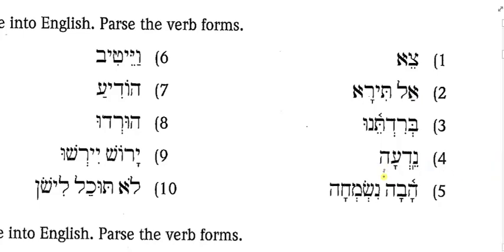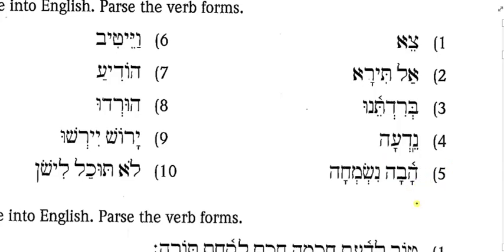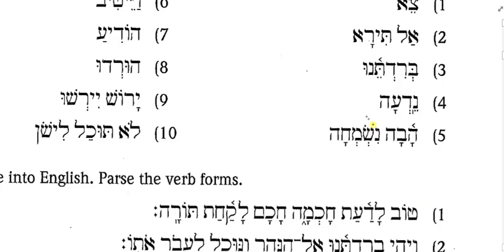Number 5, we have hava. Hava. So what verb is this? Yahav. So we have yod, hey, bet. Okay. Now, if I've got a verb with a yod in root 1 position, then it's either a one vav verb or it's an originally one yod verb, right? If it's a one vav verb in the qal imperative and infinitive construct, what will happen to my root 1? Yeah, it'll undergo aphaeresis and it falls into Sheol, and I only see roots 2 and 3, which is what I've got here.